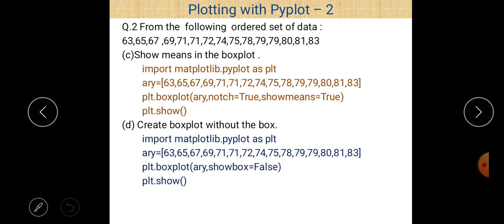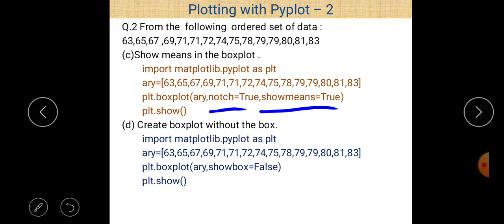Part C, to show the mean in the box plot. If you want to show the mean in the box plot, for that purpose there is a parameter value showmeans, and it is by default false. So if you just give showmeans is equal to true, then you are able to show the mean of a box plot. And we just use another parameter which is not asked in the question, but you can also use it, that is notch is equal to true,